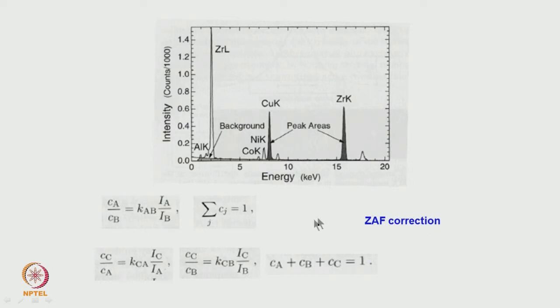Okay. All these factors are put together into a factor which is called kAB. Okay. This is called the Cliff-Lorimer correction factor. This has to be used, and this is available in many of the softwares which are provided, and these factors also can be experimentally determined. How it is to be done is beyond the scope of this lecture, and I am not going into that, which you can look into the literature and you will be able to get this information. Okay. Most of the time the concentrations which we determine using the standard softwares are essentially the relative concentrations.